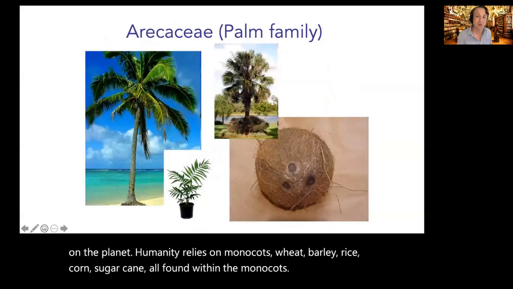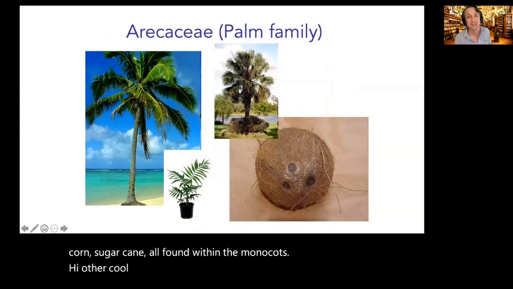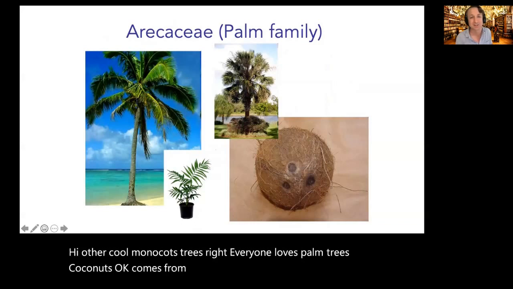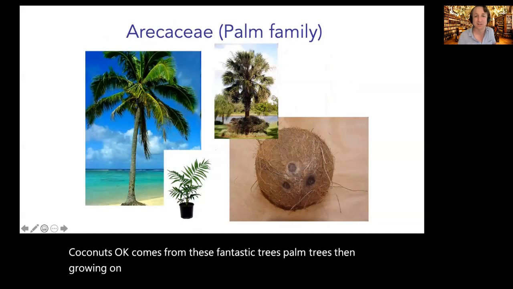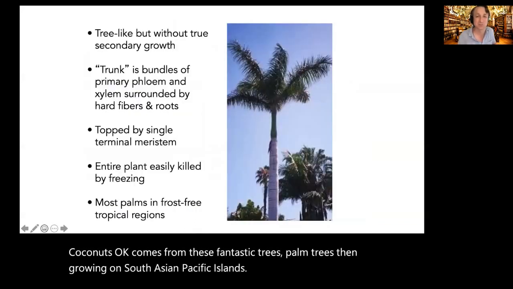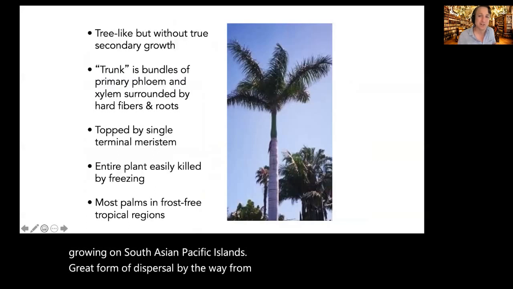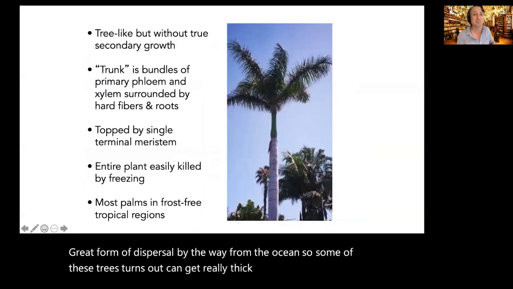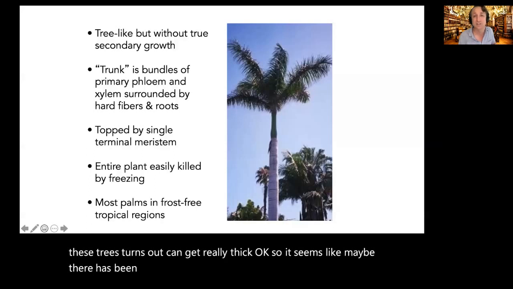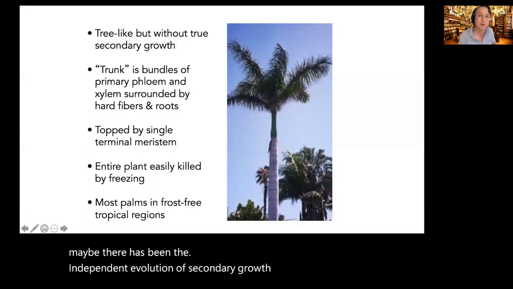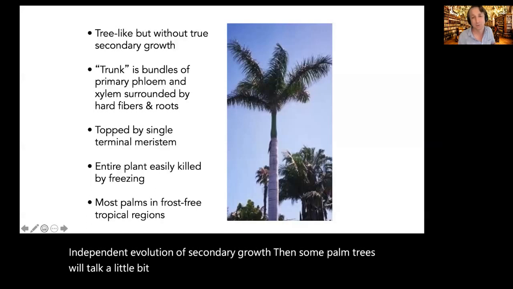All right. Other cool monocots: palm trees, right? Everyone loves palm trees. Coconuts come from these fantastic trees, palm trees growing on South Asian Pacific islands. Great form of dispersal, by the way, from the ocean. So some of these palm trees, turns out, can get really thick, okay? So it seems like maybe there has been the independent evolution of secondary growth in some palm trees. We'll talk a little bit about that when we talk more about secondary growth, some very interesting internal stem